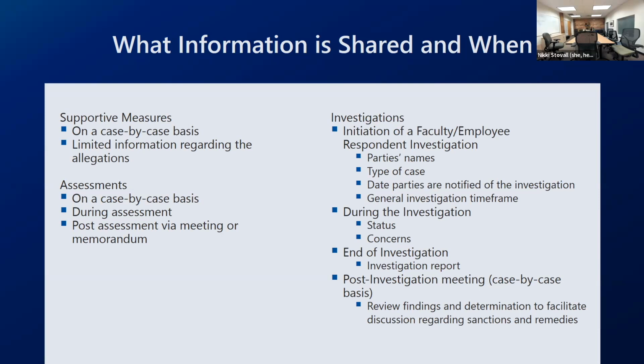Those can consist of following up with the person who's alleged to have been engaging in that problematic behavior. It may be that the individual reaching out to our office just wants a facilitated conversation where there's a neutral party and I can air what's been going on and maybe we can come to some type of agreement. It's important to know that when you come to OIE as a reporter, you don't lose your agency throughout this process. I think that's a big concern that individuals have, is I'm going to share this information with you and then I have no control of what happens next.